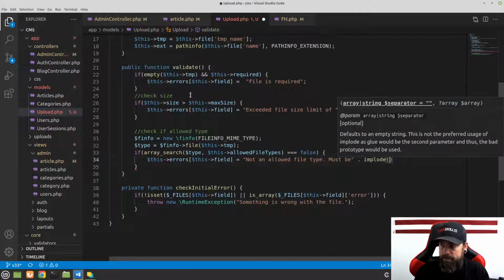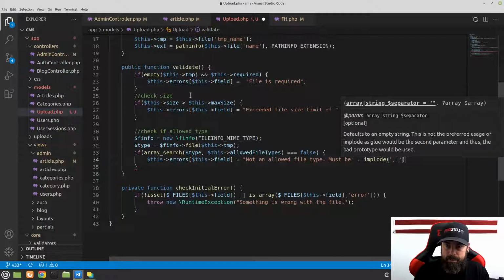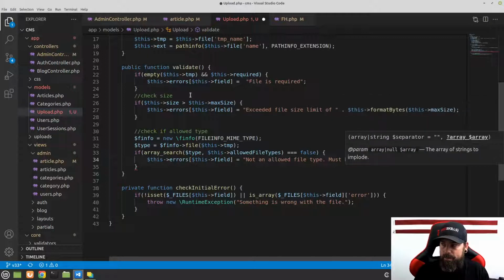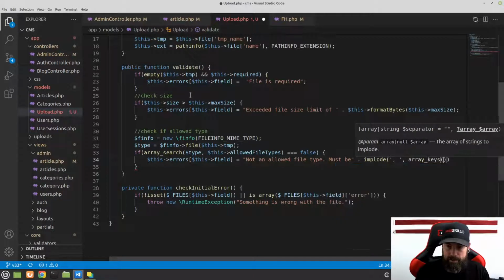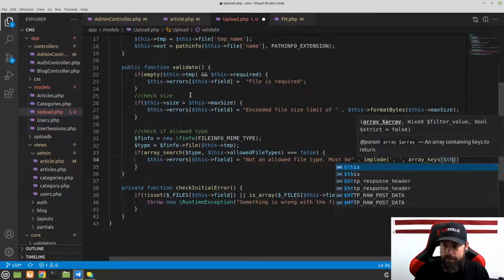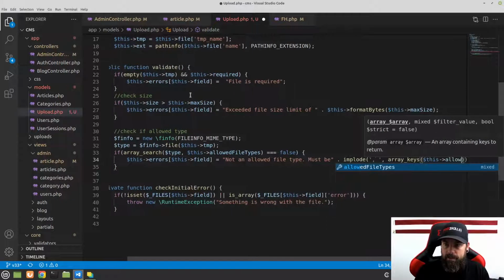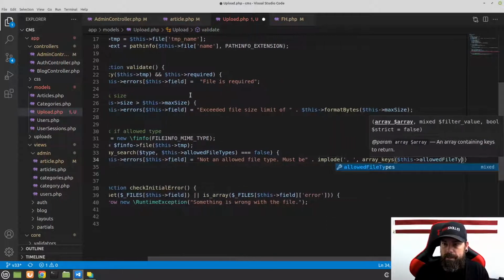And what we're going to use to implode is the glue will be a comma and a space, and then for the second parameter, we're just going to pass in the array keys of this allowed file types. Okay,